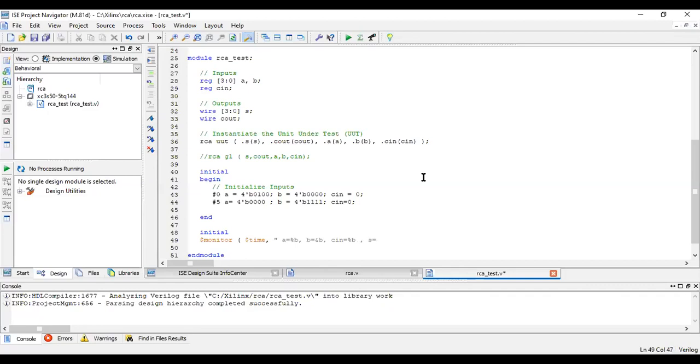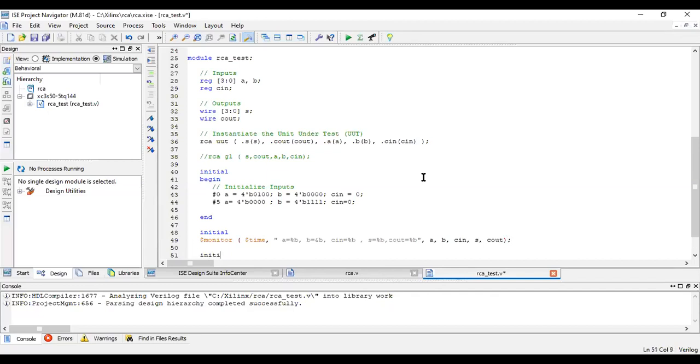Then S is equal to percentage B, comma, C out is equal to percentage B. So I should see A, B, scene, then I want a sum and a C out. The syntax should be correct.